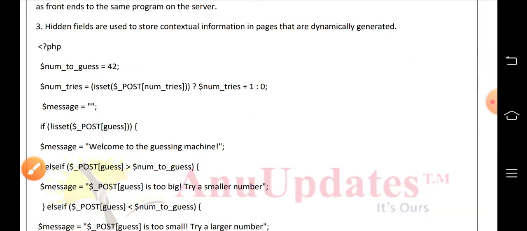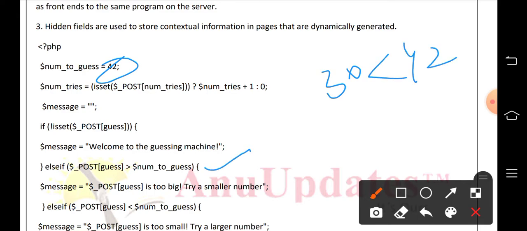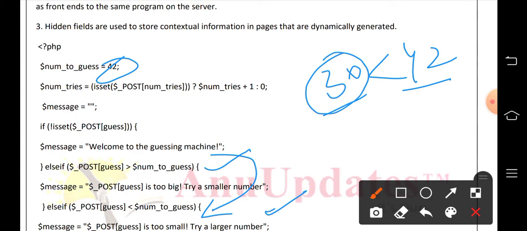Suppose I am giving the number as 30, and here it is 42. It will check the condition, 30 is less than 42. Yes, this condition is true and it will print 30 is too small, try a larger number.